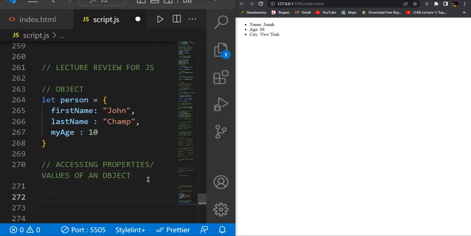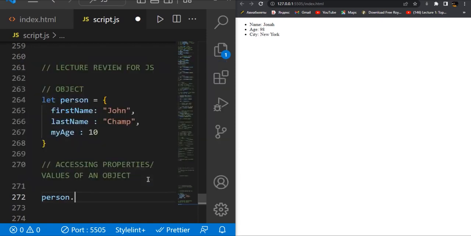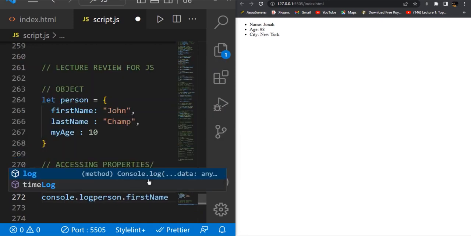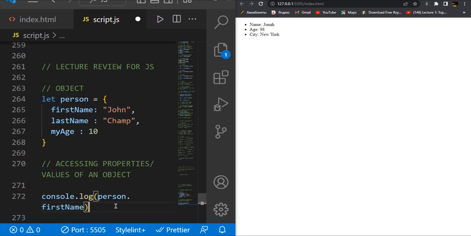Now if I want to access that first name, I will just say person dot first name. Let me console.log that. Console.log person dot first name. And when I save this and jump into my Visual Studio Code, hit F12, that's to open my